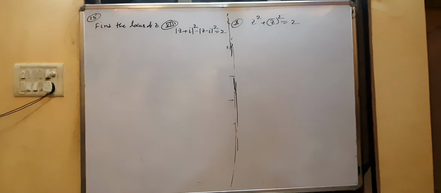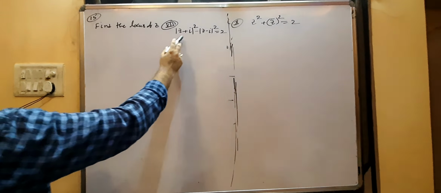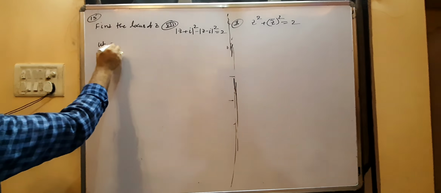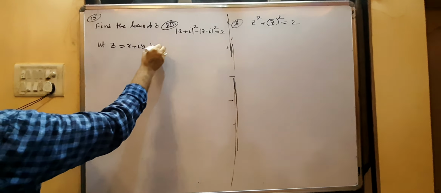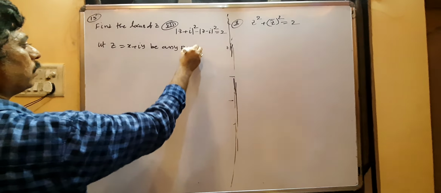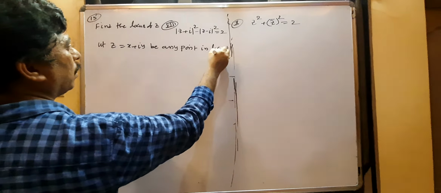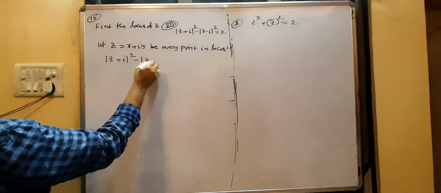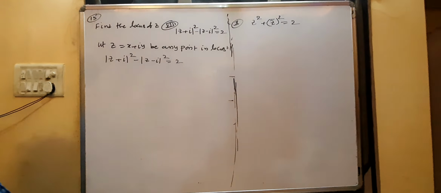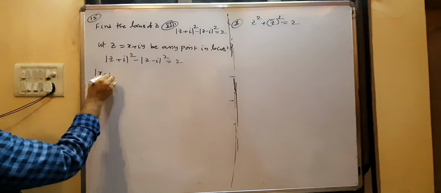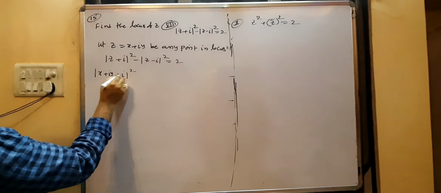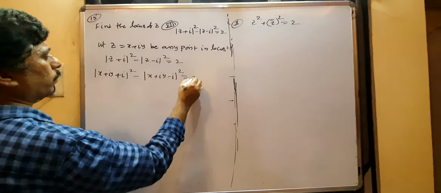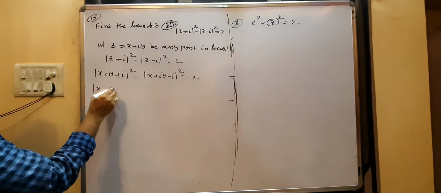Coming to the next question. Find the locus of z: mod of z plus i whole square minus mod of z minus i whole square equal to 2. You have to take let z equal to x plus iy be any point in the locus. What is given? Mod of z plus i whole square minus mod of z minus i whole square equal to 2. What is the z value? X plus iy. So mod of (x plus iy plus i) whole square minus mod of (x plus iy minus i) whole square equal to 2. So this is mod of x plus i(y plus 1)